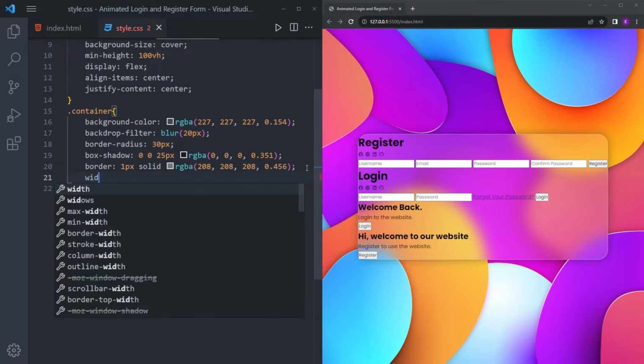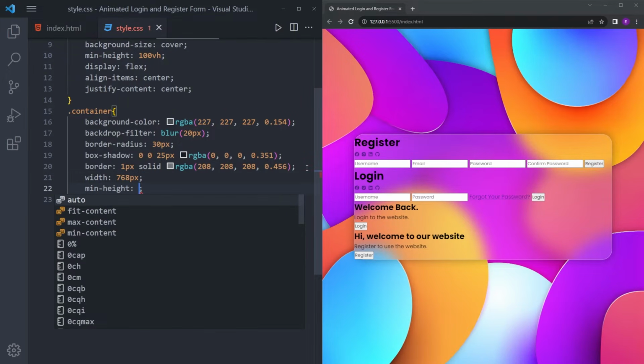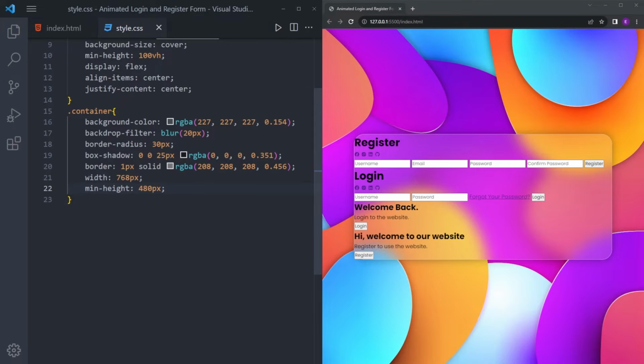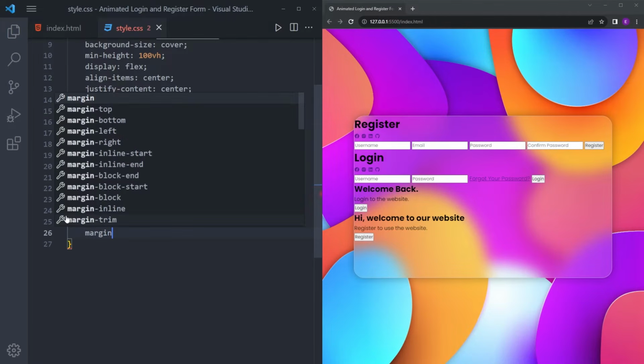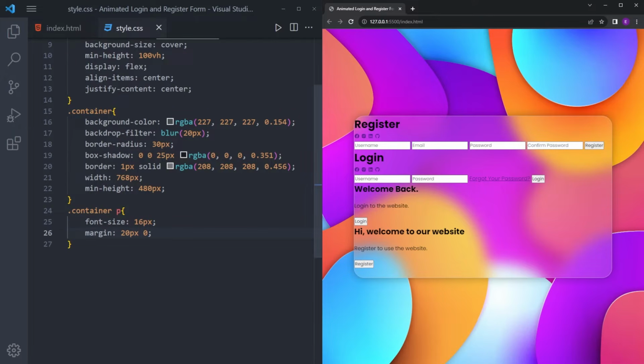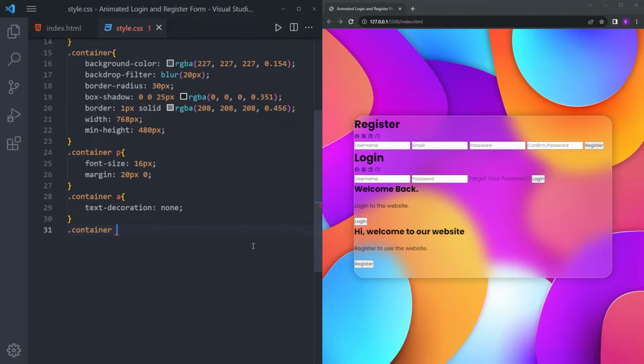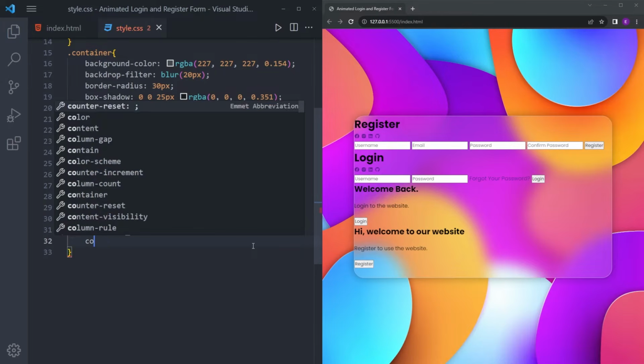So we're gonna set the width to 768, and minimum height is going to be 480. It looks fine, with a little margin at the top and the bottom, 20. So those little text. And the anchor tags are gonna have no text decoration, and the H1 is going to be white,